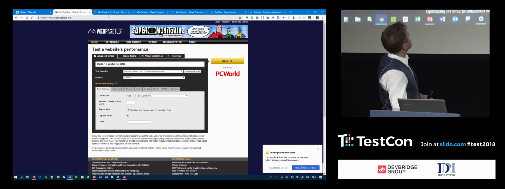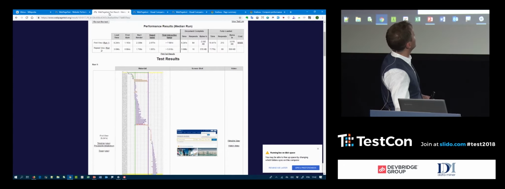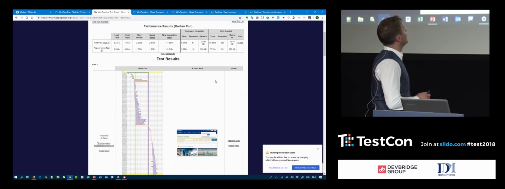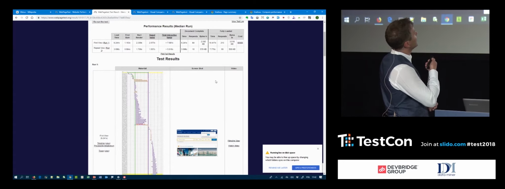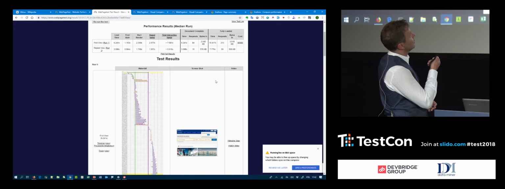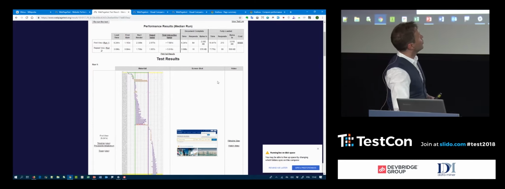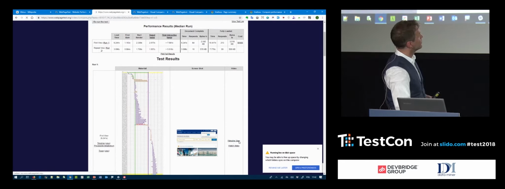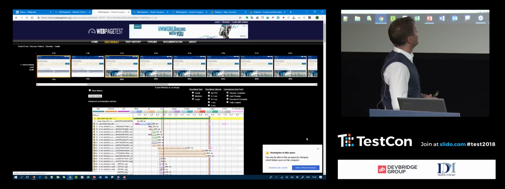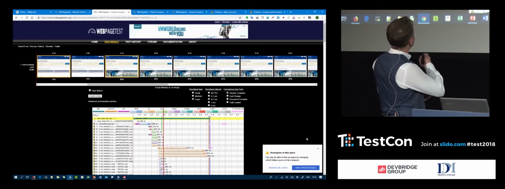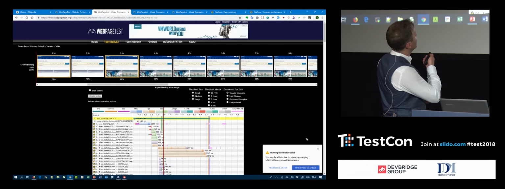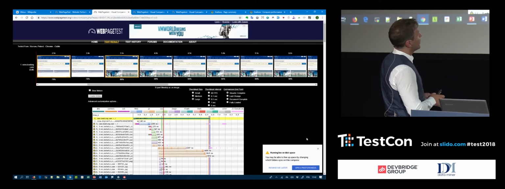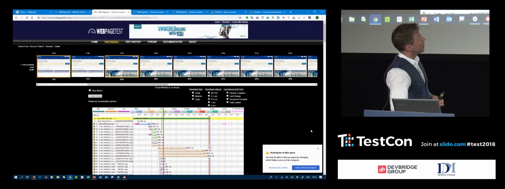And when you execute the test, after a couple of seconds, you will have a result like this that will give you some statistics about the page loaded, give you some additional browser-based statistics, and when you enter the film strip view, you will be able to see what the user saw at each defined time, and in that way you will be able to assess what is actually going on during the process